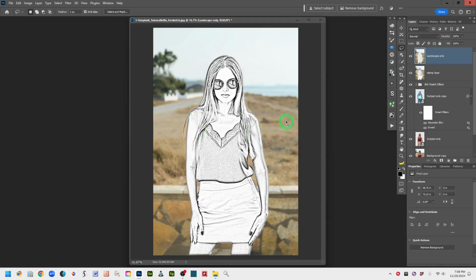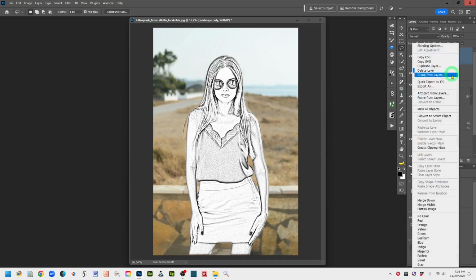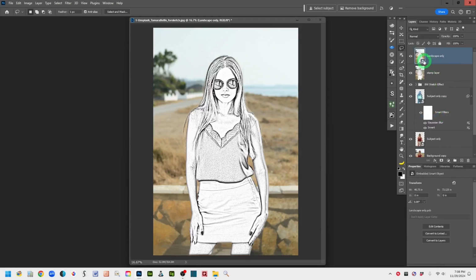And if I don't get the blurring just right in the first attempt, I don't want to have to go through that process all over again. So by converting it to a smart object, it gives you the flexibility to go back into the blurring without starting over. So in the empty area on the right, right click, convert to smart object, get that little icon,